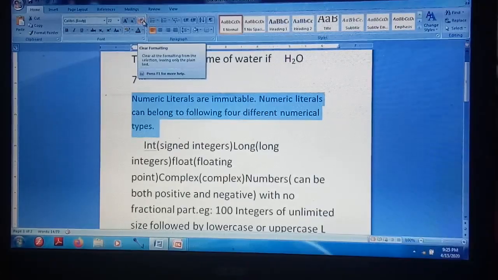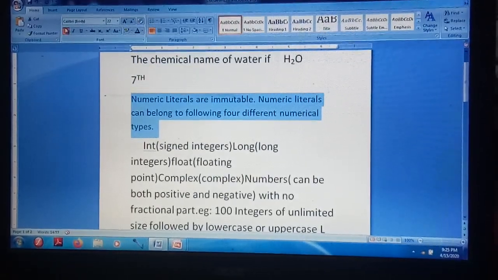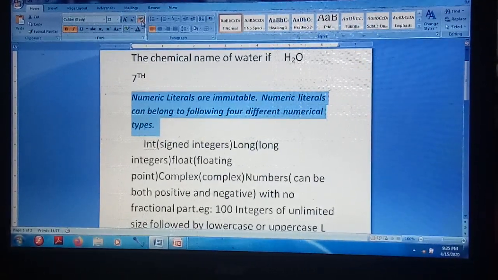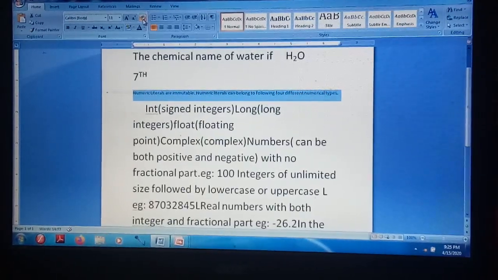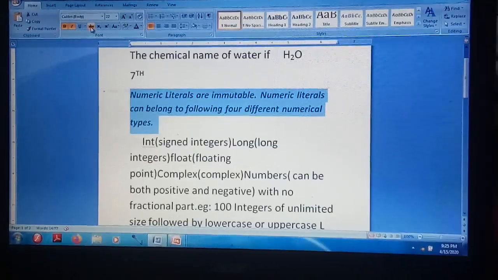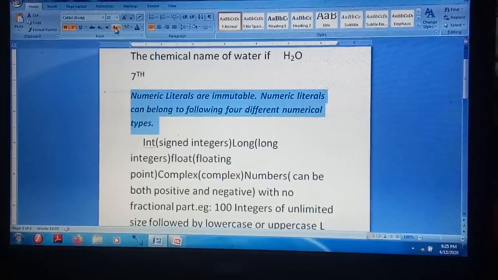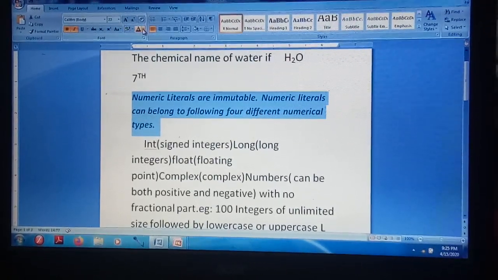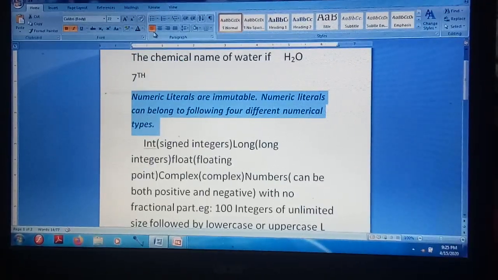When you apply the formatting, means bold, italic, underline, or any type of formatting, and you want to clear this, then they display in the plain text format. Okay, this option is used for bold, italic, underline, strikethrough, subscript, superscript, change case, highlighter, and the color option. Okay, next we go through the bullets.